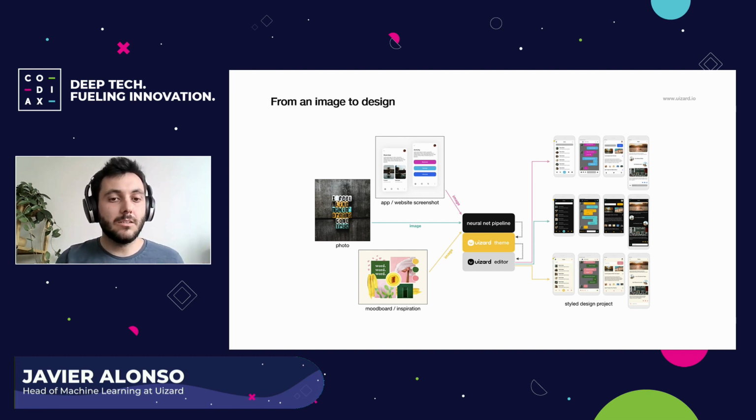So maybe we can just build a new pipeline to recognize all of the different components that are there, extract all of these color properties, and so on and so forth, and bring them into Uizard so that they can start prototyping really fast.